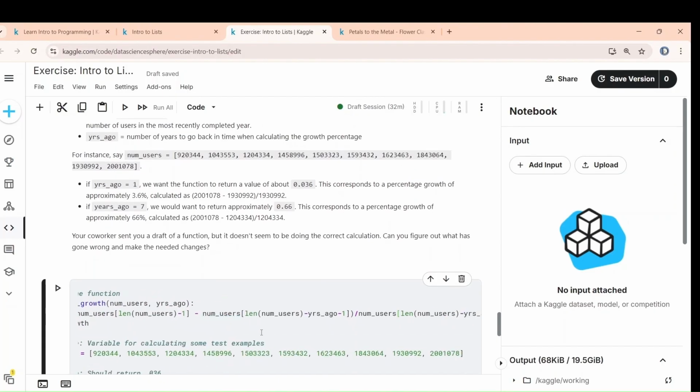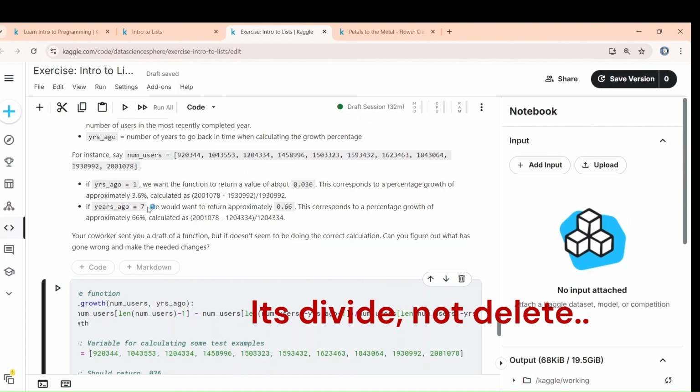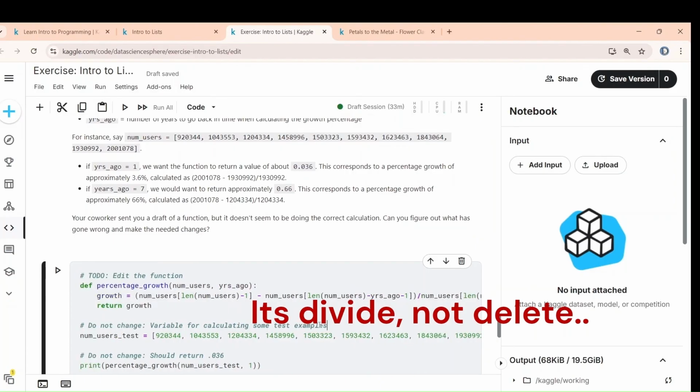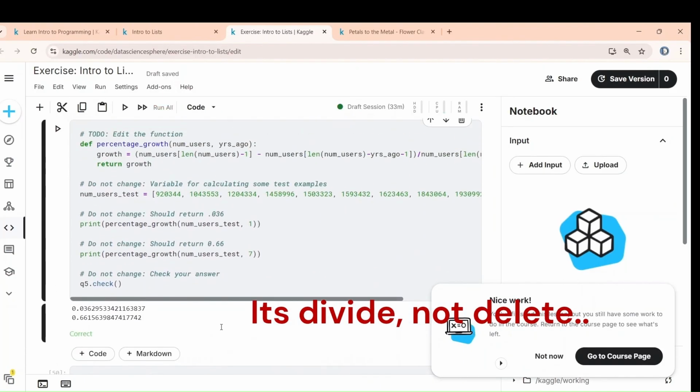Okay. Now what am I doing? I am taking this value. So for that, you have to use the length, whatever the length is, minus how many years ago you want to know. 1 year, 7 years, minus 1. Because if you want this value, then you have to take the total length, which is 10, minus 7 years ago. So 10 minus 7, so it will be 3. Now you have to subtract one more. Then you will get the second value. See, if I use the 7 value, then I have to take this value. This value is in the second position, 0, 1, 2. Okay, and you have to divide by the same value. So whatever you are calculating here, you have to divide by this one. I hope this one is correct. Let's see. Okay,